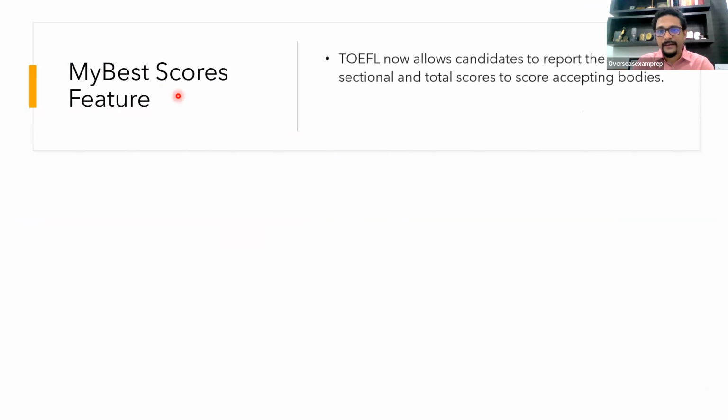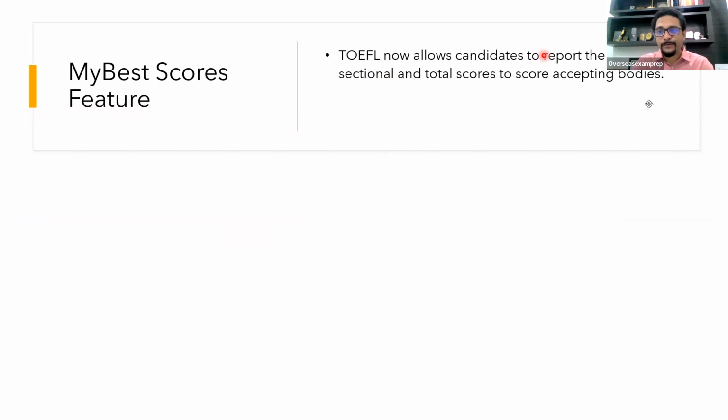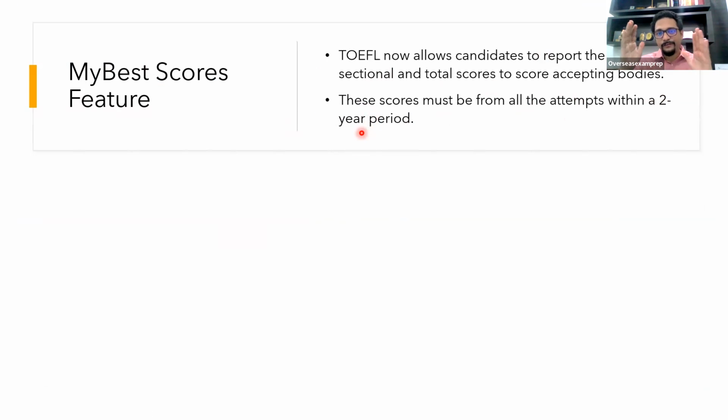So there's one more very important aspect of the TOEFL, and that is the My Best Scores feature, right? So TOEFL now allows you to report the best sectional and the best total scores to the universities, right? These scores must be from all the attempts within a 2-year period, because the validity of the score is just